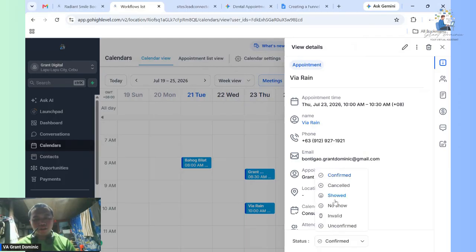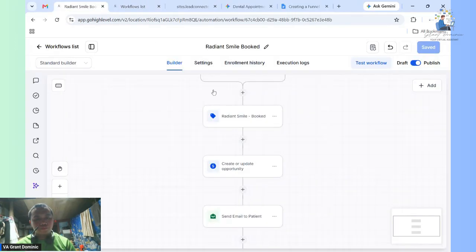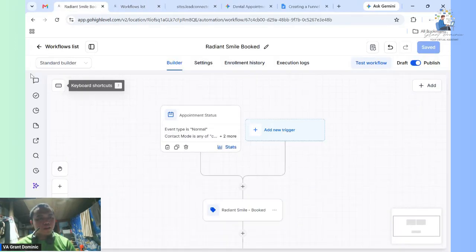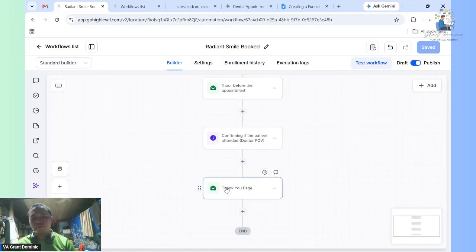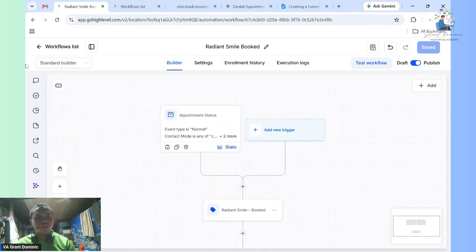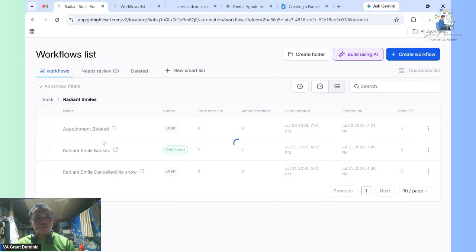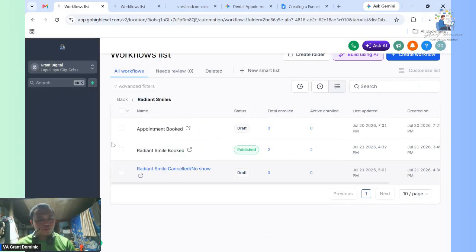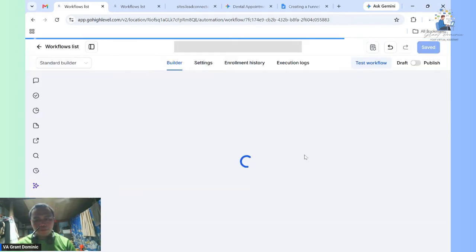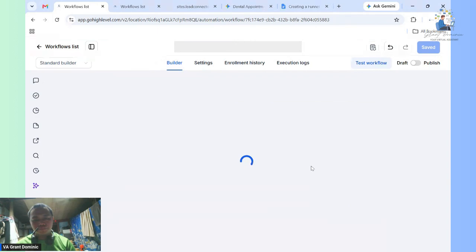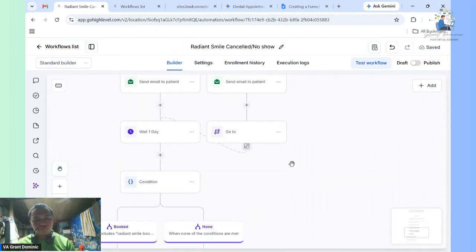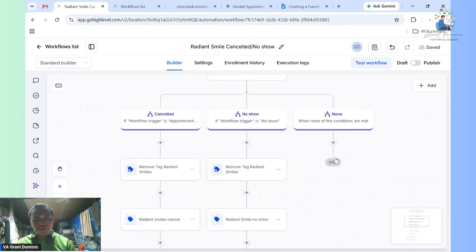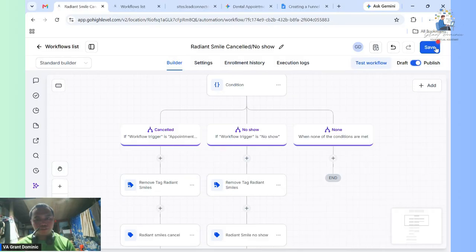If they click no show, it will send a no show email, or they will send a reschedule. It is automated. So this one I'm gonna publish first. Draft, publish, save, and it's now working.